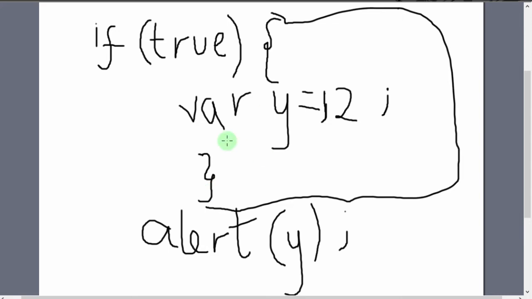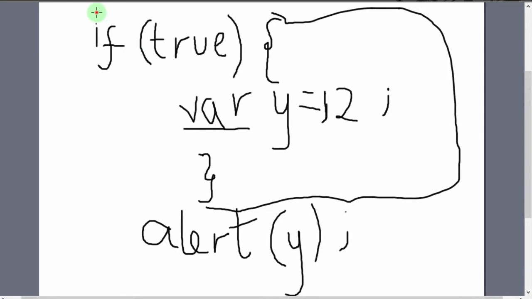So in normal programming, in other programming languages, if this was the case, this variable would be what is called a local variable. It would only be accessible within this block. That makes it a local variable.